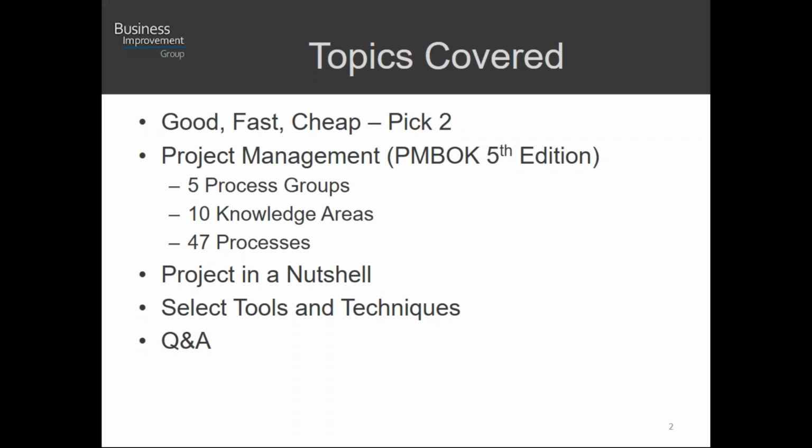However, we feel that the framework is very solid, and a lot of the basics and fundamentals are still there. And if prepared with the PMBOK framework, it will also help you in Six Sigma as well. I should also mention a little caveat here. The 6th edition is actually coming out this month. So stay tuned for updates from us on that once we get a hold of the new standard and compare and contrast. But for now, the fifth edition is a very good framework, well proven, and we